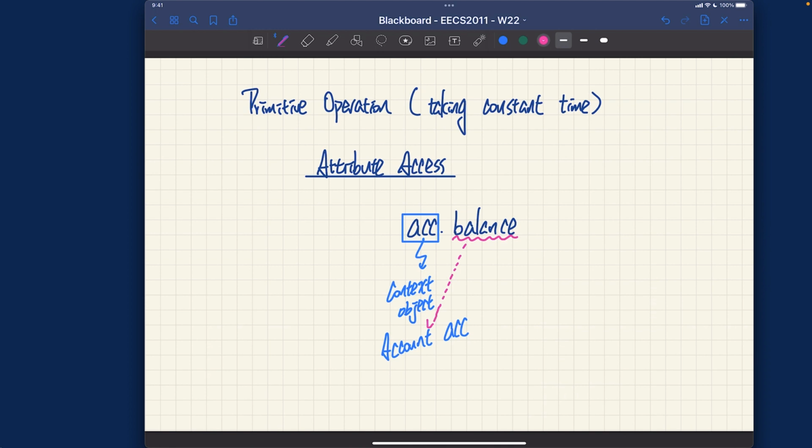Okay, and now it's really important for you to recall what exactly the dot notation will really do. Basically, the dot notation is going to involve the following. It's going to look up the address that is stored in the reference variable acc, right? What we learned before in the earlier Java courses was that there are two types